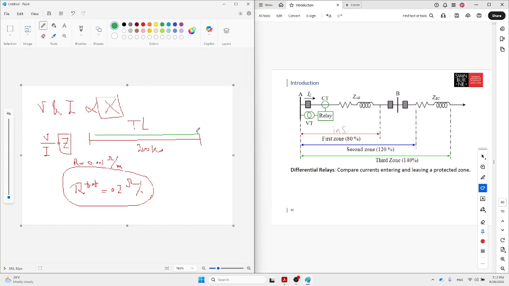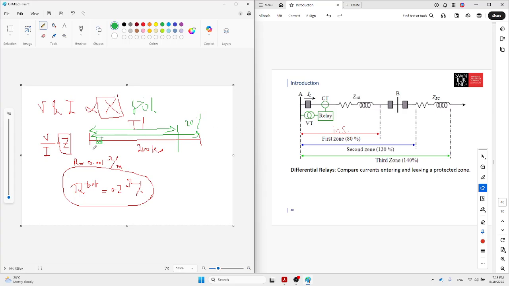This is the transmission line. This is the first one. The relay is here. This is distance relay. So 80%, this is the beginning until here. So 80% of transmission line covered, 20% uncovered. And there is a scientific reason behind that one. Later I will explain. Zone 2, it's 120% of